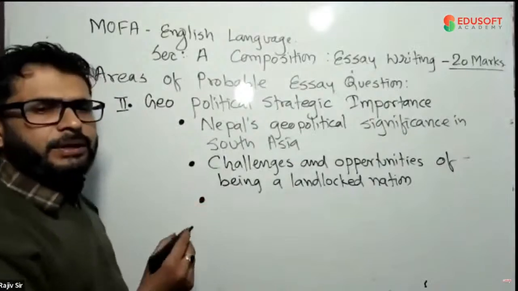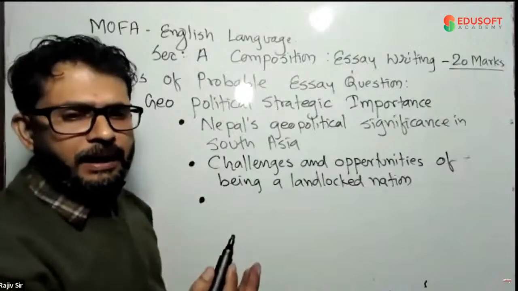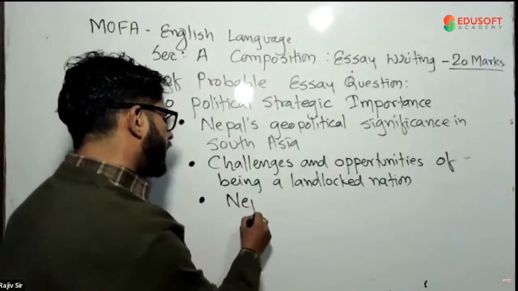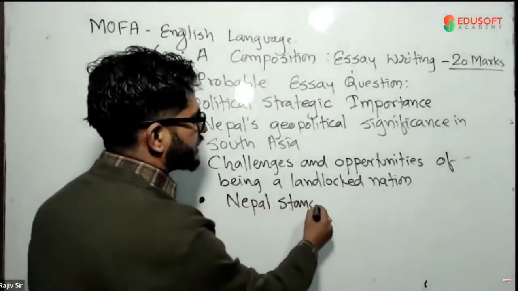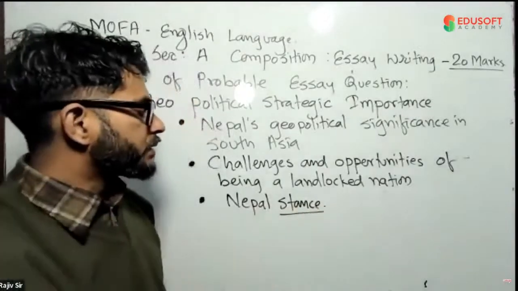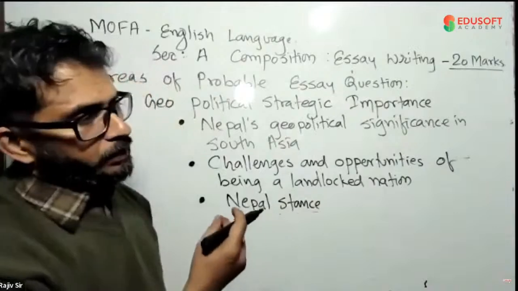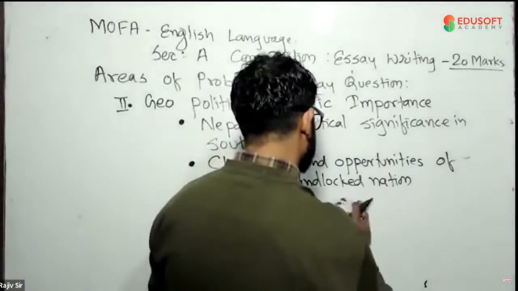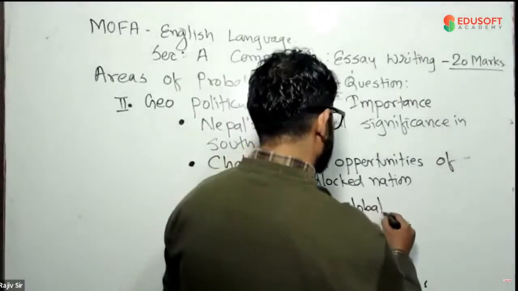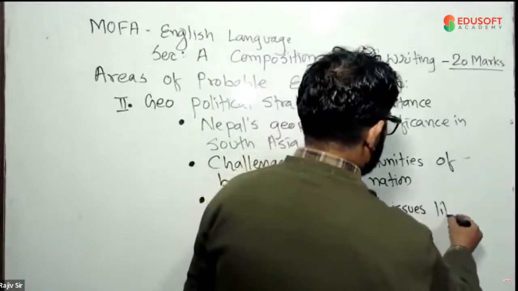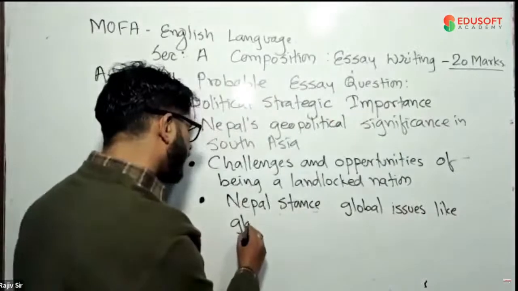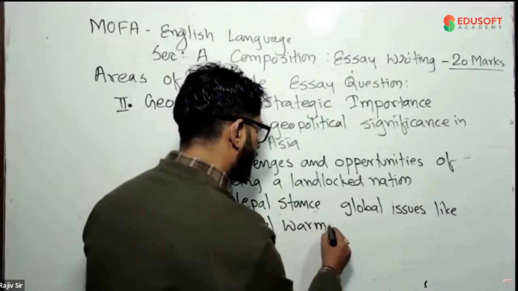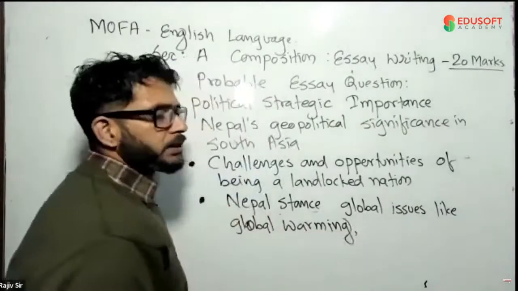In geopolitical strategic importance, you can write what the stance of Nepal is on global issues. Nepal's stance, S-T-A-N-C-E. Nepal stands on global issues like climate change. What are the global issues? Tell me. Global issues like global change, global warming. One of the things. Another could be,